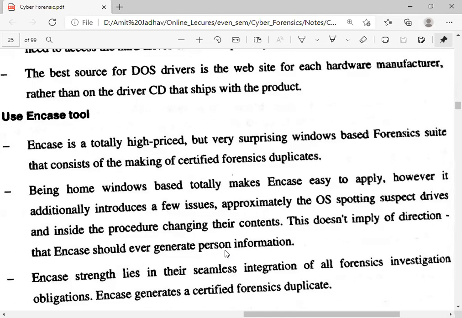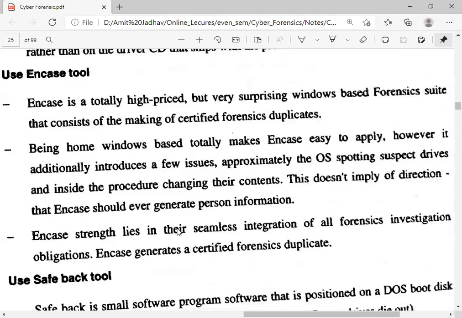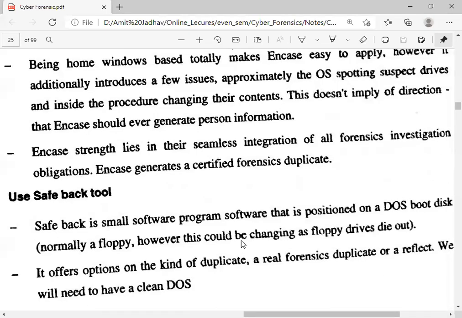EnCase's strength lies in its seamless integration of all investigation tasks. EnCase generally certifies forensic duplicates. So we can use that tool directly, without creating a booting device, and there is no need to execute commands for creating the duplication.